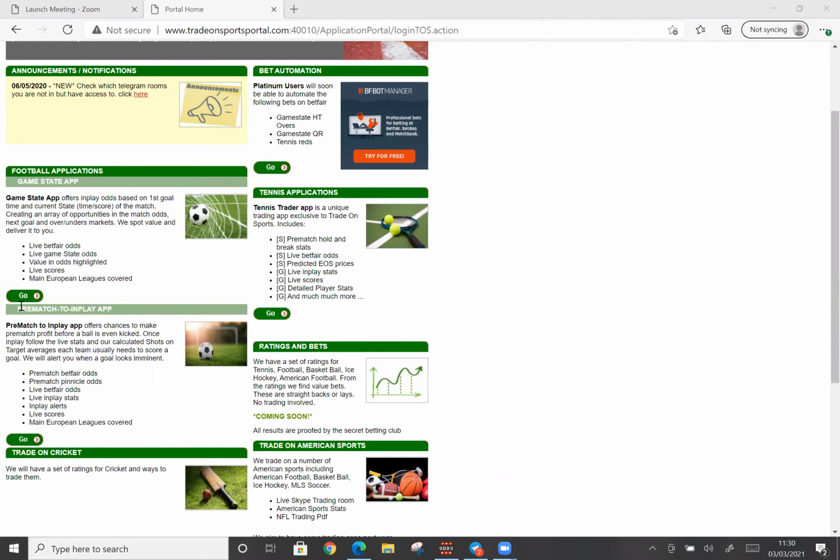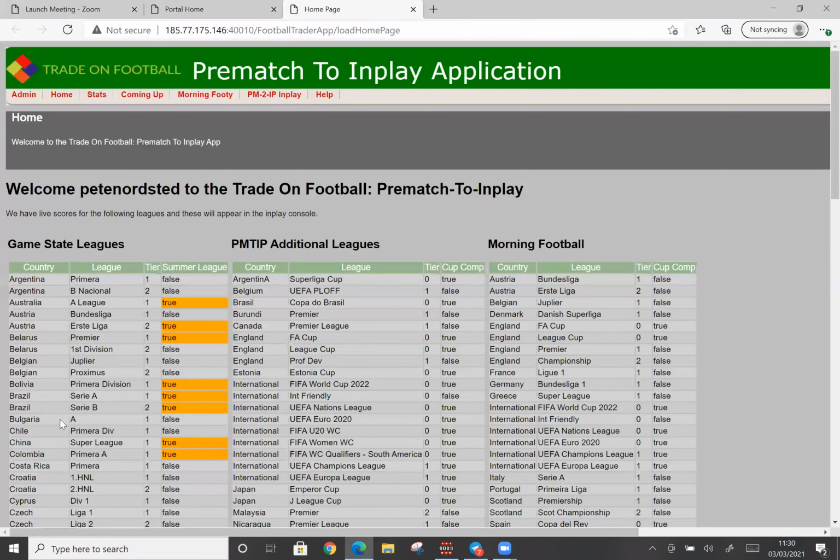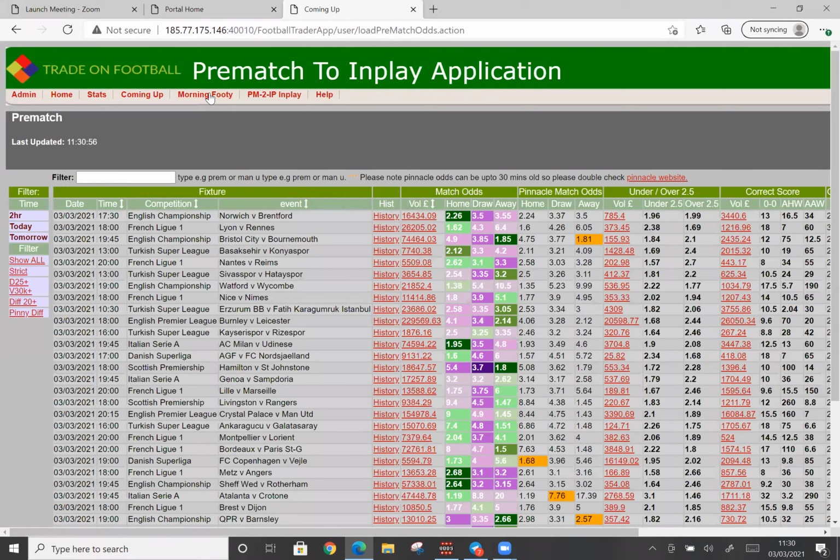You've got your game state app, and then you've got your pre-match to in play. So we go to the pre-match to in play. Then we go to the morning footy. Then it gives you a list of the games. Then what we do here, we